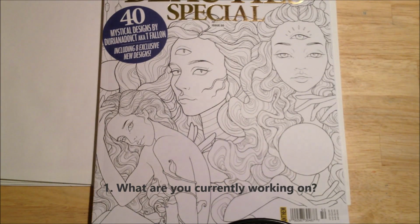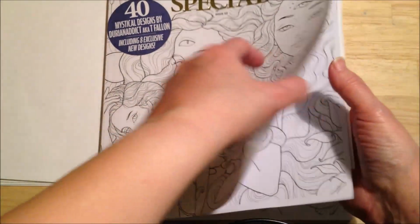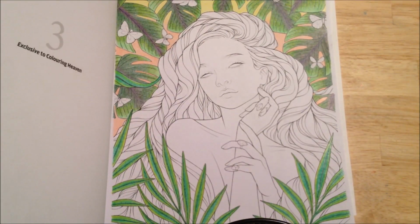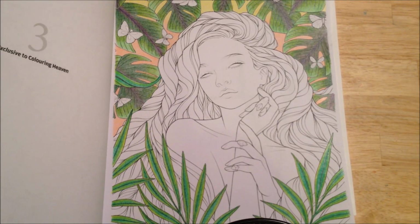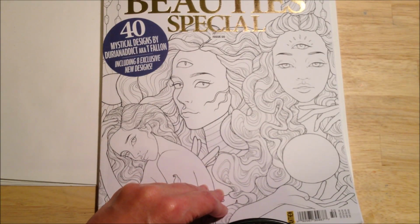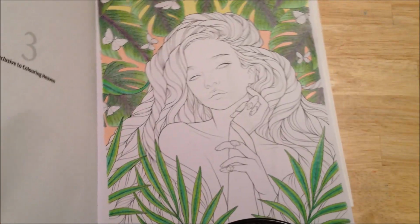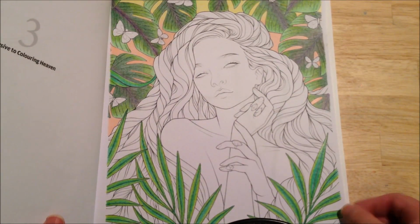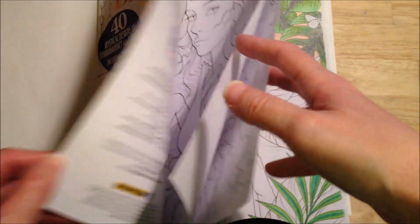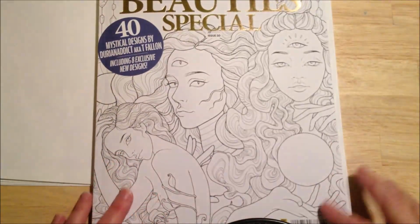What I'm currently working on right now is this one from Coloring Heaven. This particular volume features mystical designs by Durian Addict, aka T. Fallon, Bohemian Beauties. And this is what I've got done so far. I'm still deciding on a hair color. And I also completed another one in here, which will be included in my monthly update of what I